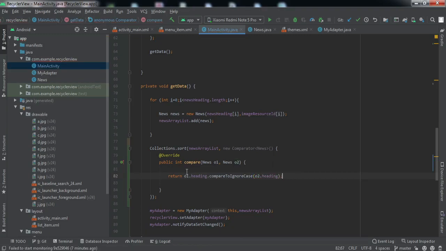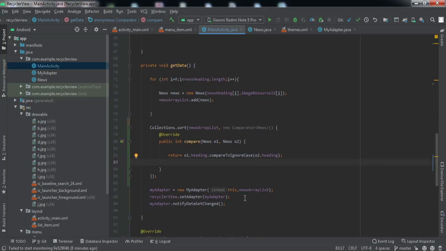This particular line of code will compare all the elements and arrange them in ascending order. But make sure that, for example, the type of this heading is String. It should be comparable with the second element. It should not be that you pass a string here and an integer there, it will throw an exception and your app would crash. So make sure the type of both the elements is the same. That is all the code we need to write to sort this list. Then we will pass this list to the adapter and it will sort it.